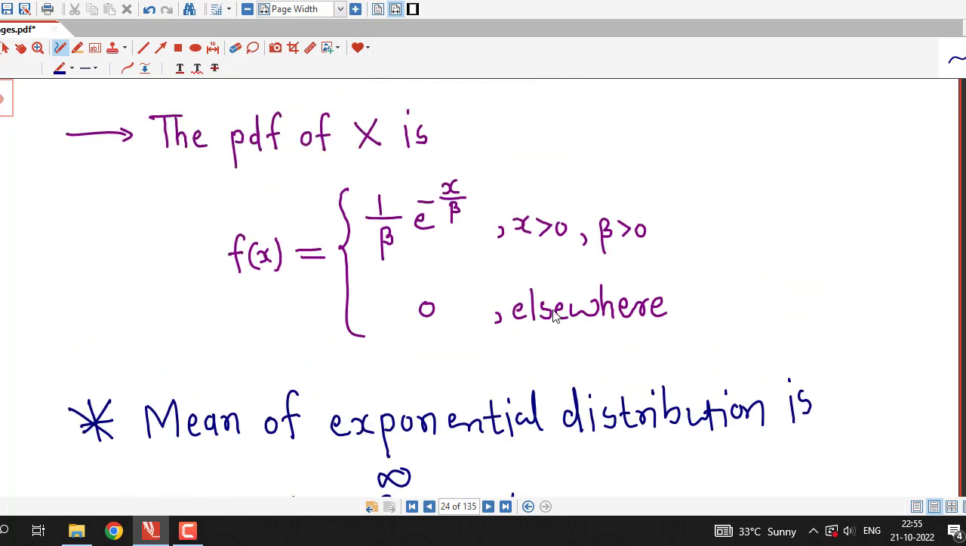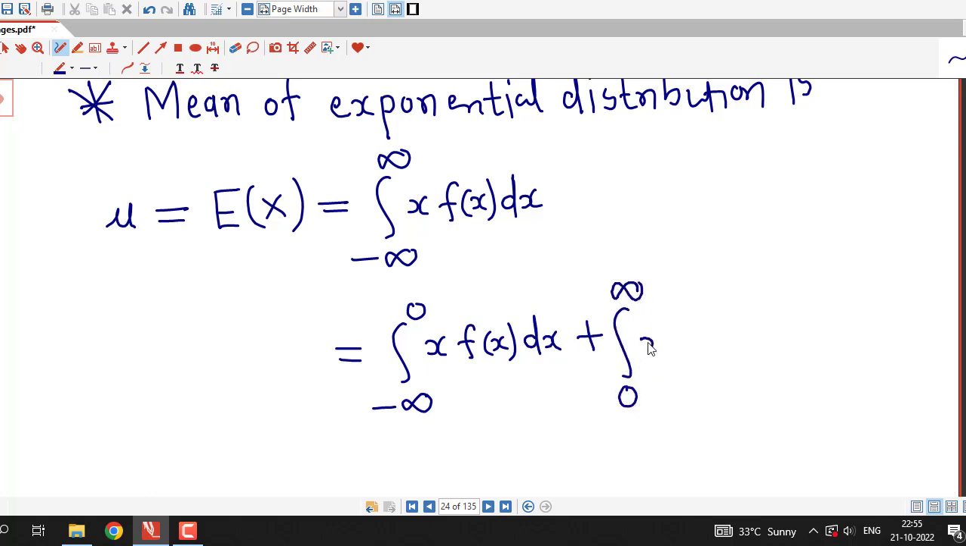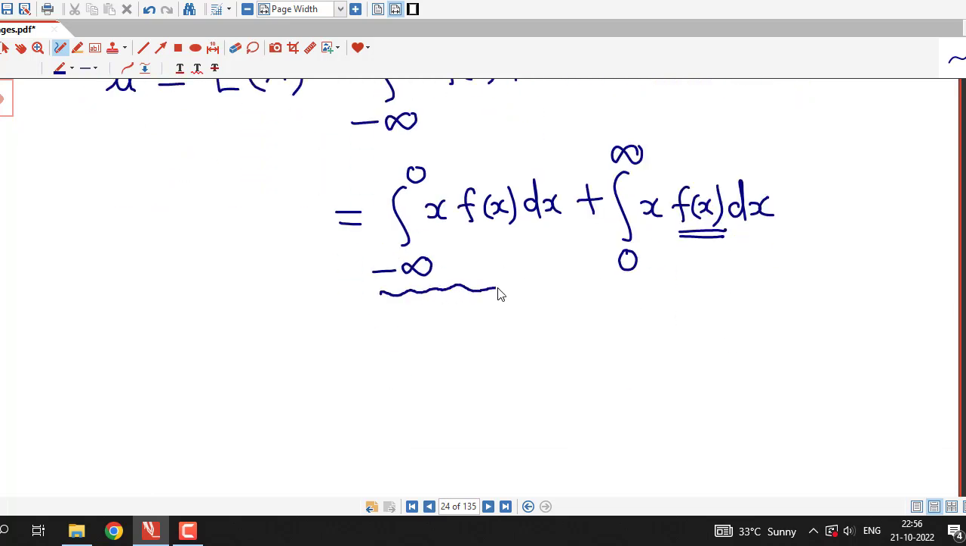Now f(x) is 0 if x is different from a positive real number. So this I can break into two integrals, integral from minus infinity to 0, because f(x) is different in both the intervals, and integral from 0 to infinity of x times f(x) dx. If x is positive then only we have non-zero f(x), otherwise it is 0. So here f(x) is 0, this integral becomes 0, and we have only integral from 0 to infinity of x times